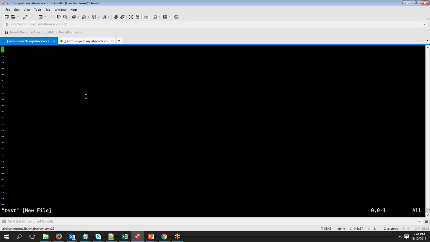So in order for us to start writing something inside the file, we have to change the mode from escape mode to insert mode. For example, right now it doesn't show anything here, and if I type something, it doesn't allow that because we are in escape mode. So how do you change from the default escape mode to the insert mode? For that, you press the I character. If you press I, you can see it shows INSERT, which means we are in insert mode. So now if I type anything,